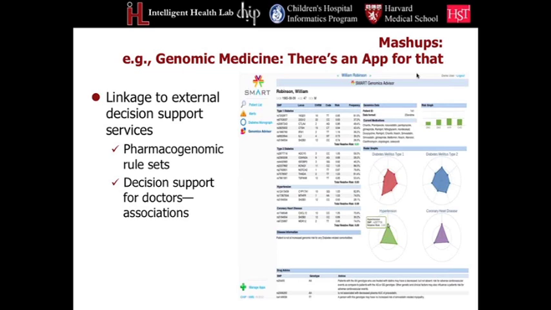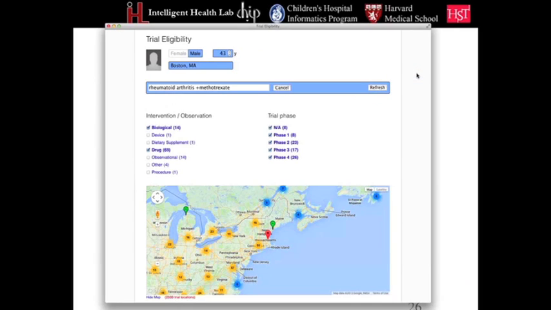This is an app that goes out to clinicaltrials.gov, but soon will be going out to actually a consortium-derived profile to help match individual patients to much-needed clinical trials automatically at the point of care, saving a clinician looking for a trial for their patient potentially hours or days of work.